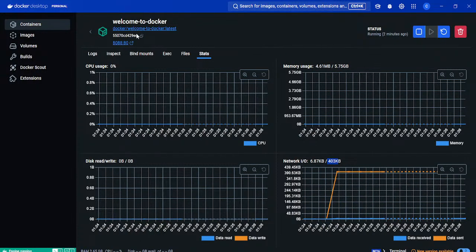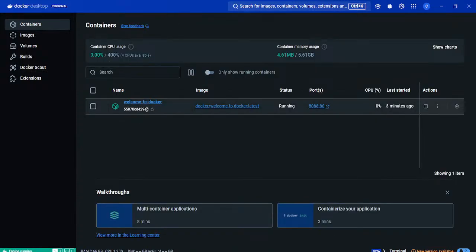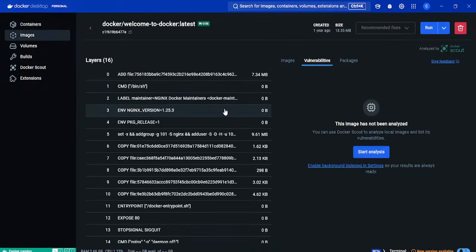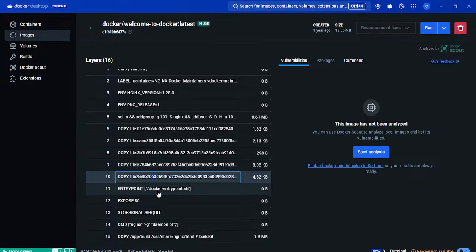If I go back, this is my image. I click on the image, and you can see there are some layers. We have add file, and they added this file, which was 7.34 MB. After that, they used bin and sh, label maintainer, which is nginx docker maintainers. After that, we have environment nginx version. We have package release equal to 1. We're adding some sets, add group. Copying file, copying file, copying file, copying file, and copying file. After that, we have an entry point